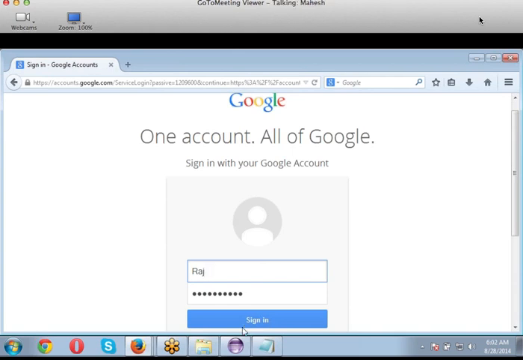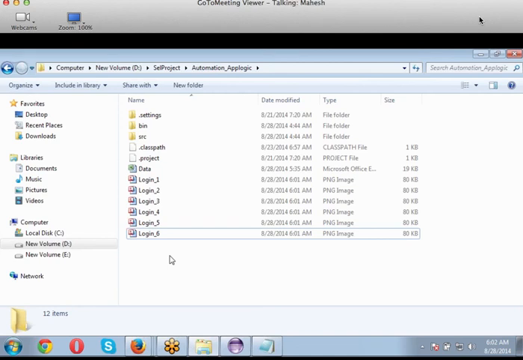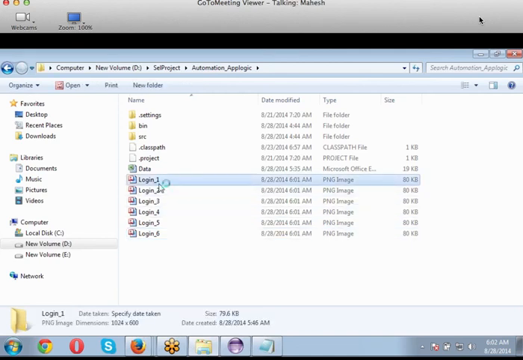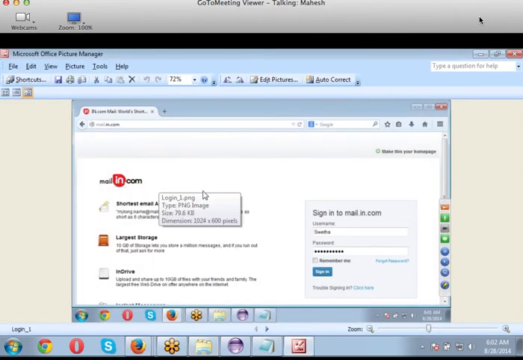Okay, let's go back to my folder. All the screenshots, do we have all the screenshots? My login one is replaced with my mail.in.com. Where is my Gmail? Because it just overlaps the previous image.